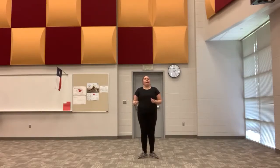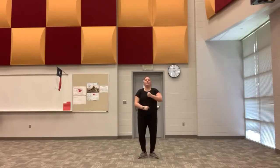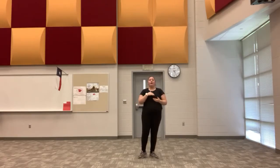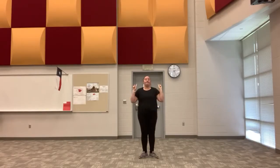Now notice when I did that, I didn't hit and hold. I took up all the counts like I was a rubber band being stretched. You want to make sure that whenever you're doing lower body, you are fluid unless it's supposed to be accented. So we're going to take that 2 times, demi plie 1, 2, up 3, 4, releve 5, 6, down